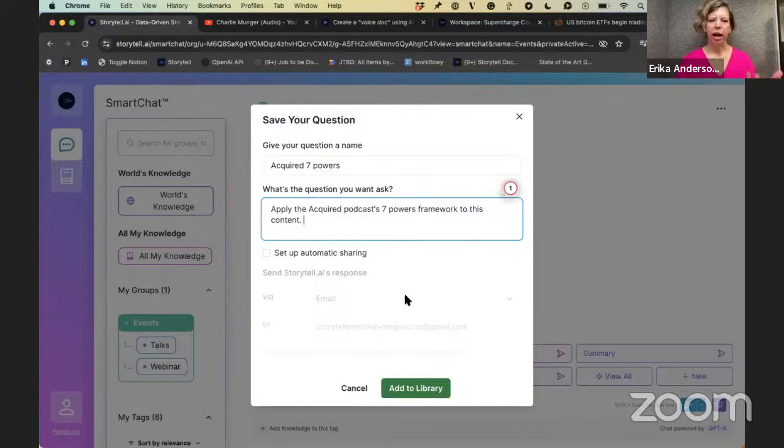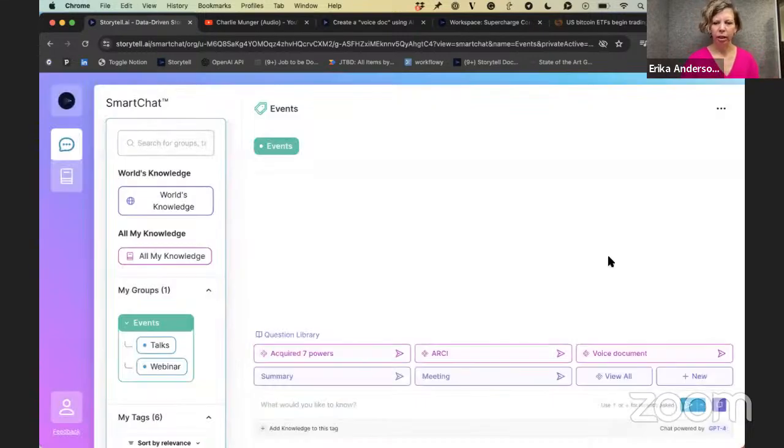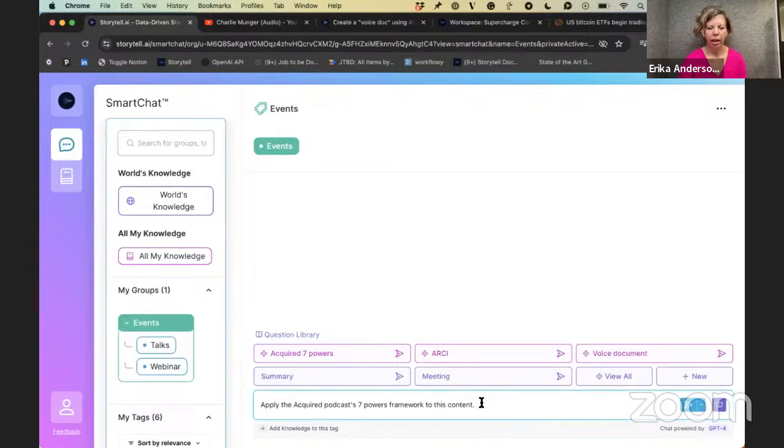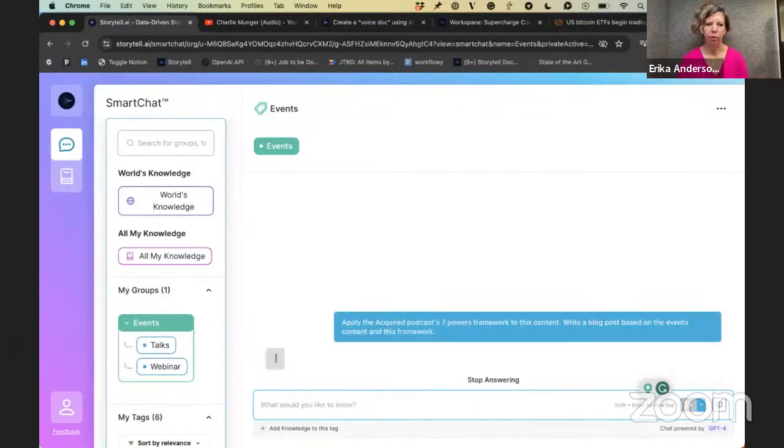And then I could add to it. So I'm going to add to the library. Great. And it's done. And then Acquired 7 Powers. So I just go ahead and hit that, and we can just see what would happen. And then I would say maybe write a blog post based on the events content and this framework, just to try to get it out of a table format.